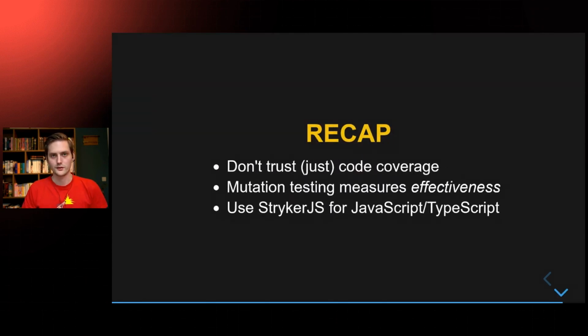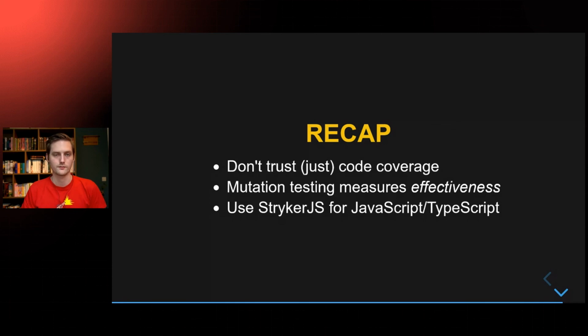To recap the mutation testing that we saw today, please don't just trust code coverage. Code coverage will give you an idea of which pieces of code are tested and which pieces are not tested. The higher your code coverage is, the less likely it is to tell you something about the quality of your unit tests. If you have a code coverage score of about 20 or 30%, you can be fairly certain that you don't have good tests, since you are only testing a fraction of your source code. If your code coverage is 80, 90, or 100%, it becomes a lot more difficult to actually say something about the